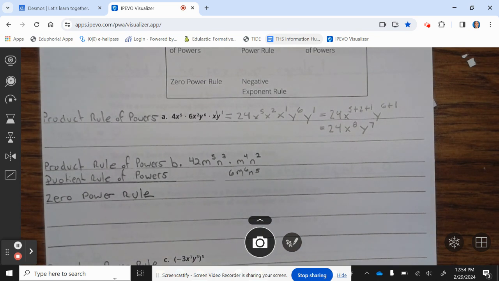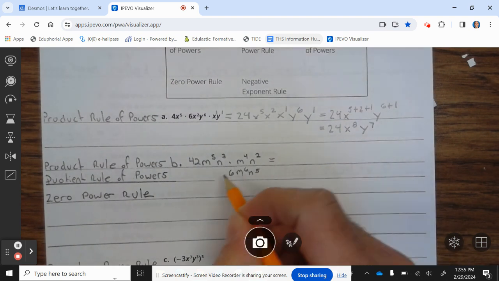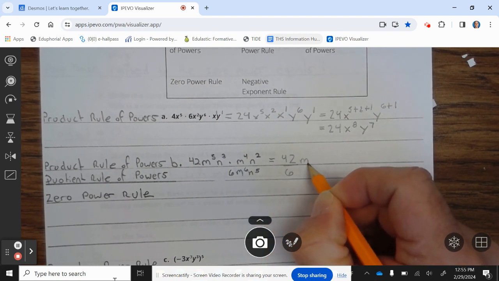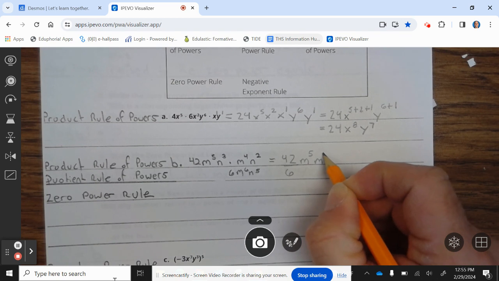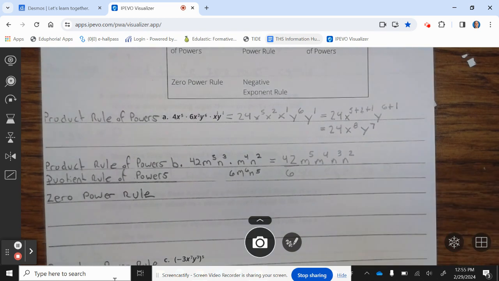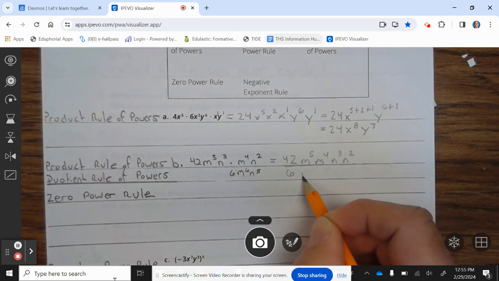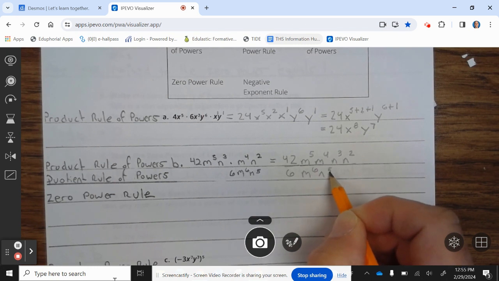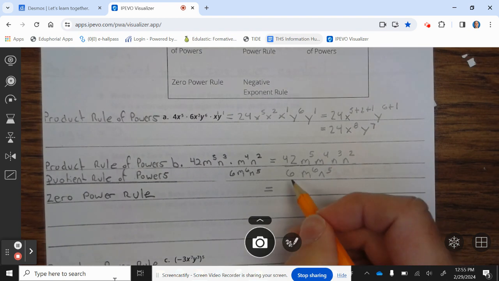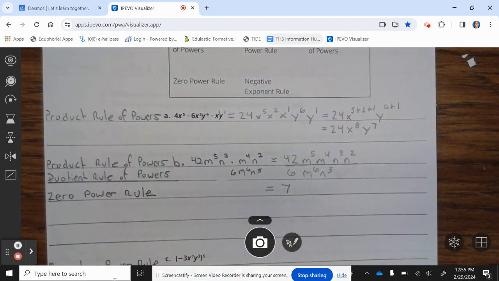All right. Let's take a look at B. B uses the product rule of powers, quotient rule of powers, and the zero power rule. Okay. So first off, we have 42 divided by 6. And then we have m to the 5th, m to the 4th, n cubed, n squared, divided by m to the 6th and n to the 5th. All right, 42 divided by 6 is 7. And then we have m